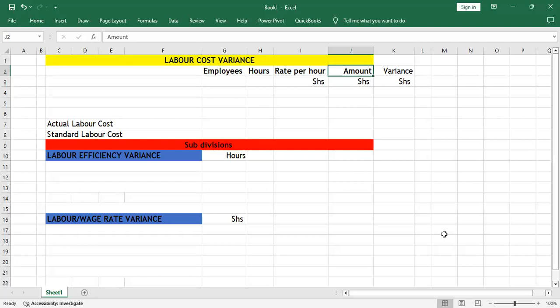Labor cost variance. Now, this is the difference between what the output should have cost and what it did cost in terms of labor. So we compare our actual labor cost with the standard labor cost to arrive at the labor cost variance. We have been told in the question that 10 employees